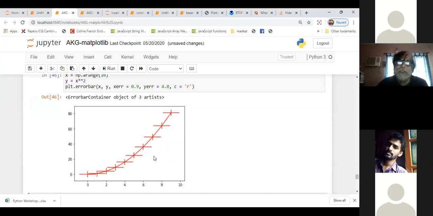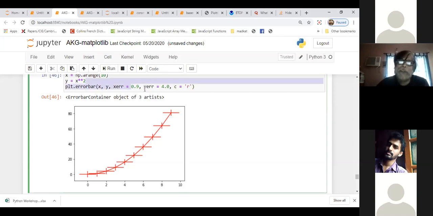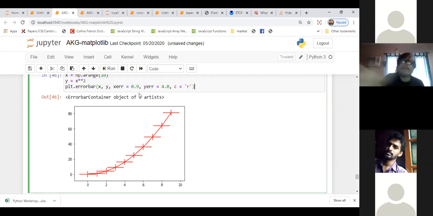So this is the error. For each measurement, the error need not always be the same, but here I have given a fixed error. Then you have to give a list of errors, right? You remember the philosophy of Python: whatever you do for one thing, you do for everything.